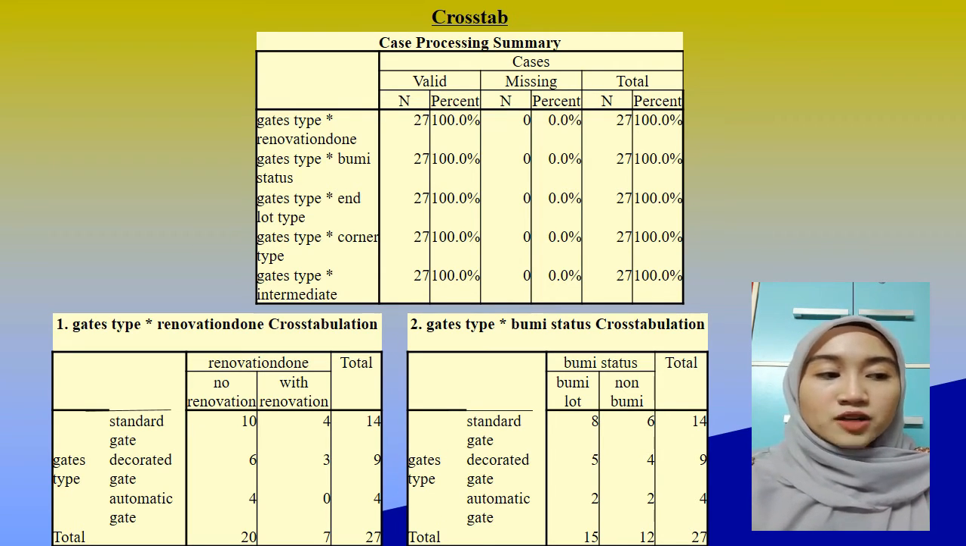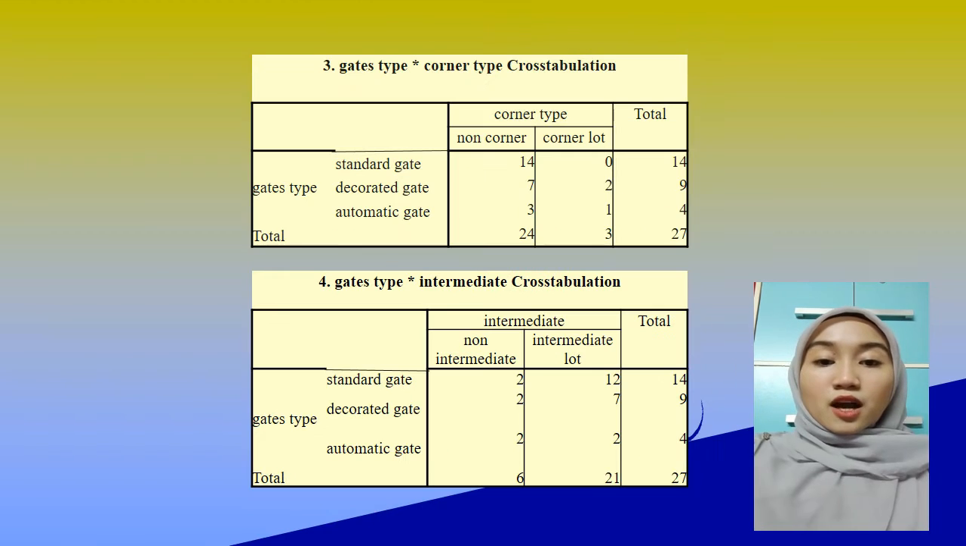By that, the overall automatic gate for Bumi lot and non-Bumi is 4. For the total, Bumi lot is 15, while non-Bumi is 12. And the total for all types of gate for Bumi status is 27. The next cross tabulation table shows the relation of gate type